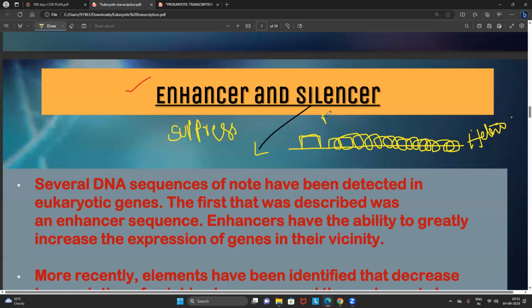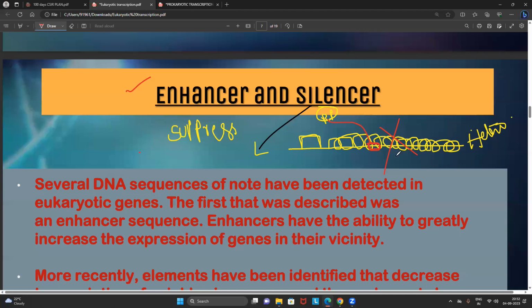Now you tell me, this is an RNA polymerase enzyme. All the students answer me now. Do you think RNA polymerase can know where the promoter is now? Can it recognize exactly where the promoter is? No, it is not possible. Why? Because it is completely compacted, completely condensed. RNA polymerase cannot recognize the promoter. If the RNA polymerase is not recognizing the promoter, how does the process of transcription occur? Never. It will stop the process of transcription.